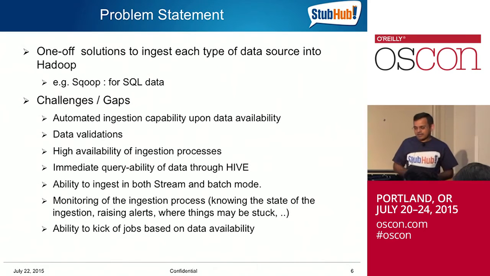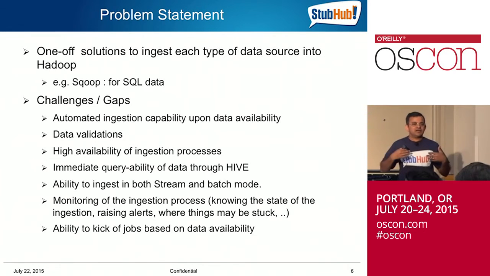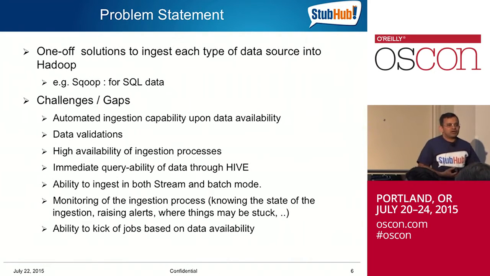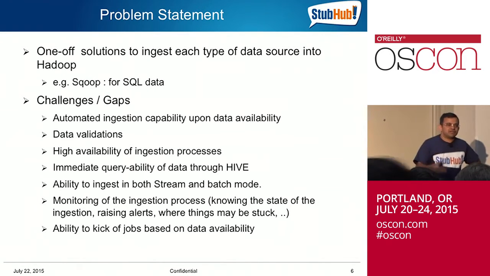Same thing for weblogs, same thing for email responses. You send marketing campaigns to people. You want to know who has opened those emails, who has clicked those emails, what was the response. All of the data is not necessarily structured. It's semi-structured at best. How do you bring that in? And more importantly, how do you bring that in on a regular basis, streaming, automated into your Hadoop process so that your downstream teams can leverage and analyze that data?